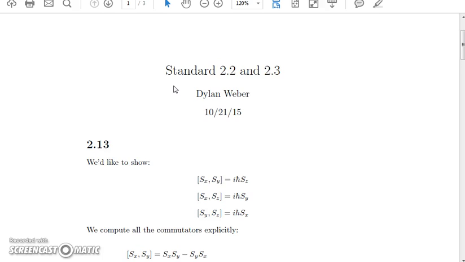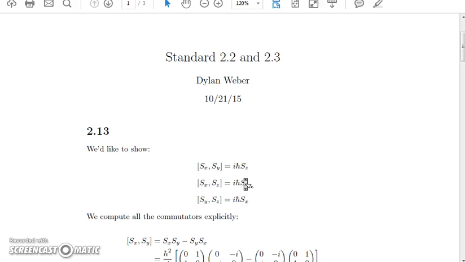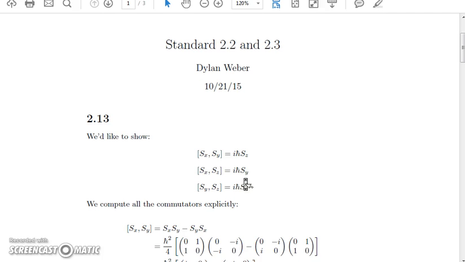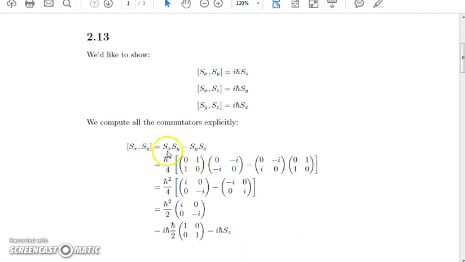So we want to show that the commutator of our S_i and S_j spin operators equals S_k when we're looking at the S_x, S_y, and S_z spin operators. The way we do this is we just compute them all explicitly, brute force it out. So first we'll do the S_x S_y one first. First we write out what it means to take the commutator of two operators, and then